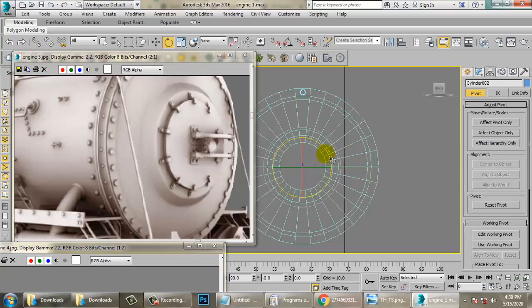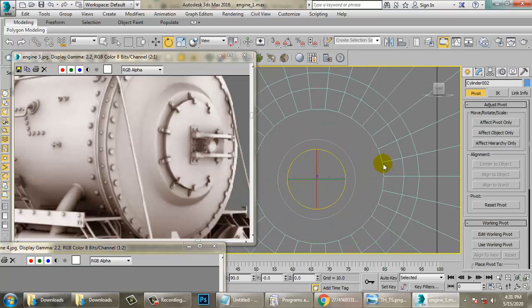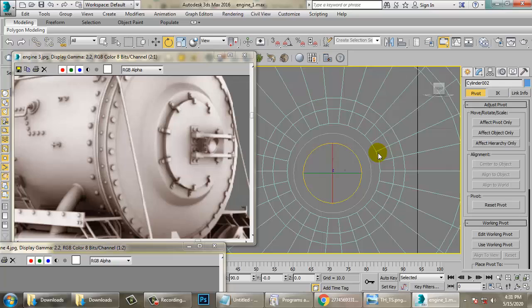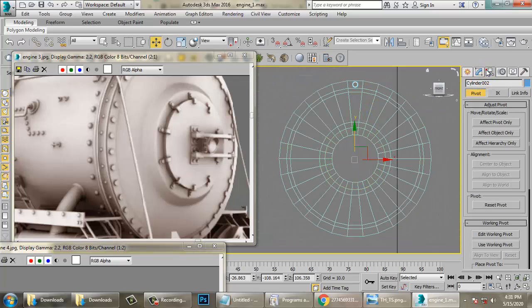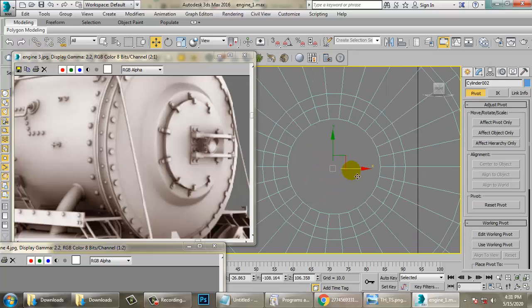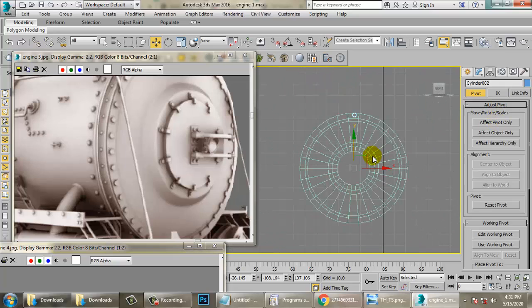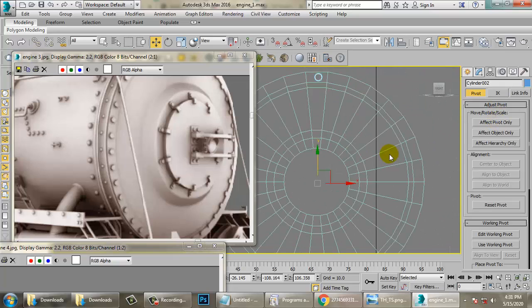You can just rotate it. If I want to rotate it about its center, I can rotate it to the center of it. Easily I can push it to the center. You should activate this, then push the pivot to the center.